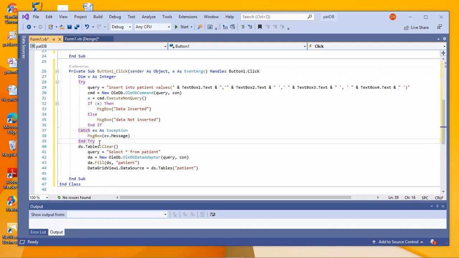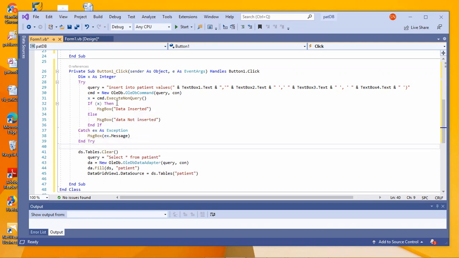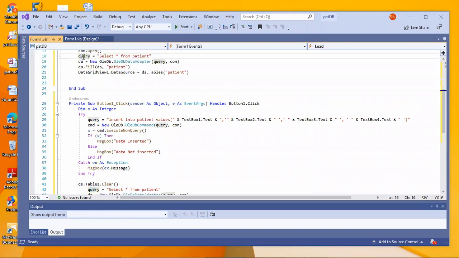After this, we are done with the insertion part. Now after insertion, if there is anything in the data set from before, I'm trying to clear that data set. I'm giving a new query, the same query I gave before, repeating the same thing again, because once I load, whatever was already present will be displayed here.